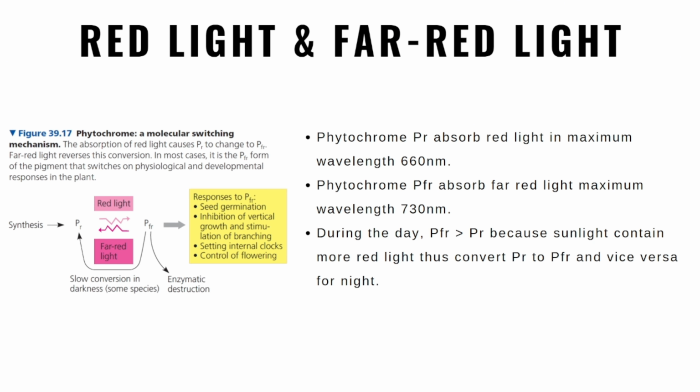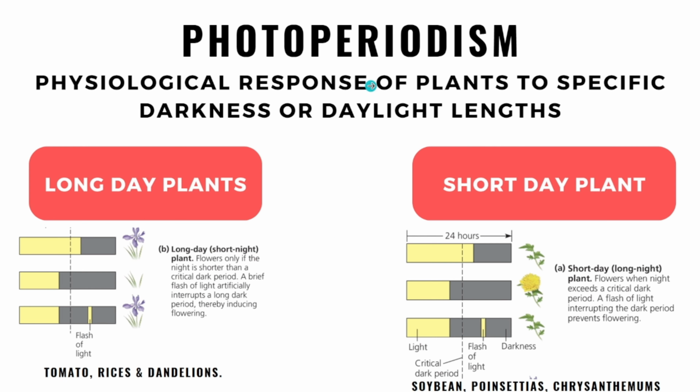They just either PR or PFR pigment. They already found that. This one is specific for the plant, is the situation for the plant to respond to specific darkness or daylight lengths. Meaning that we have two types of plant for flowering, long day plant and short day plant. Long day plant meaning that when the sunny day,